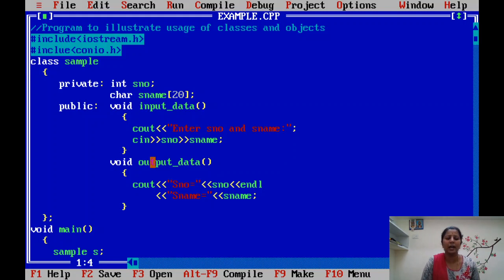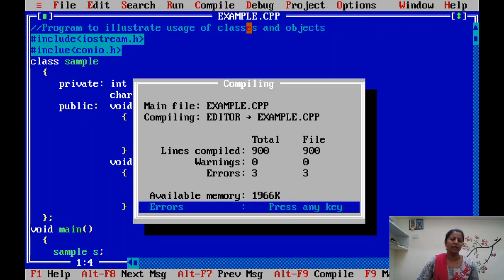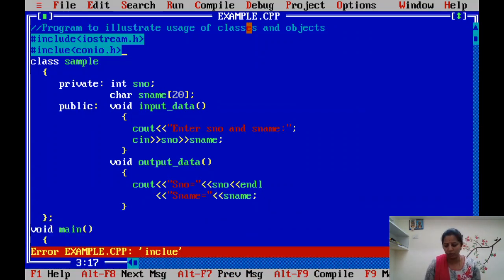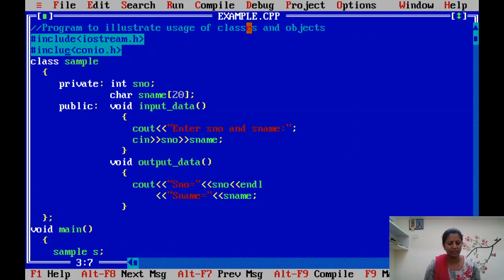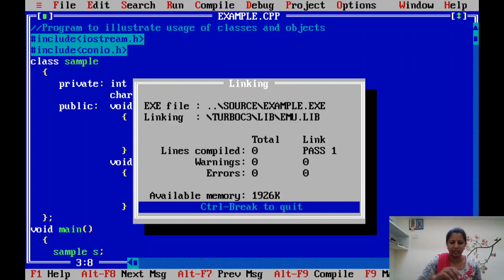Here we are using a compiler, which is software to translate the code written in the high level language, that is C++, into machine readable format. This process is called compilation. To do the compilation, what do we need to press? Alt F9. Here it is going to check for errors. If any errors are there, it is going to identify them. See here, I have missed the D, so we got one error here. If there are no errors,